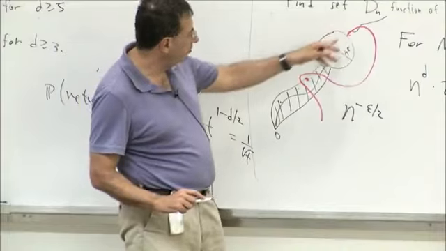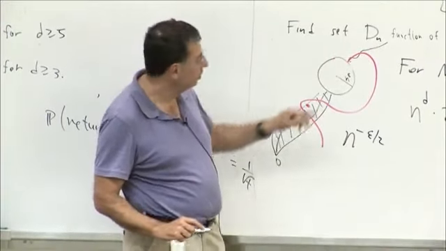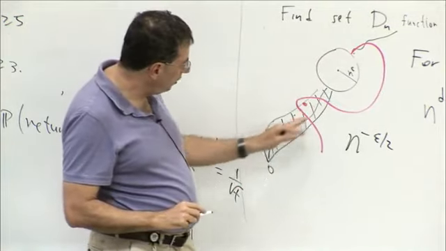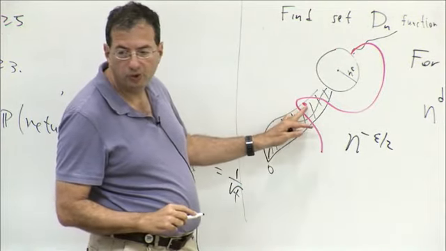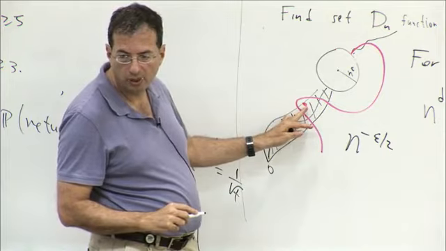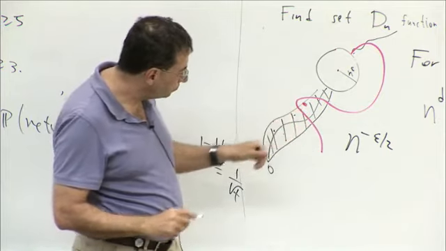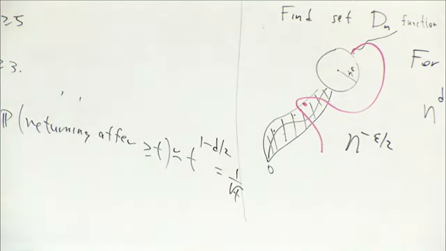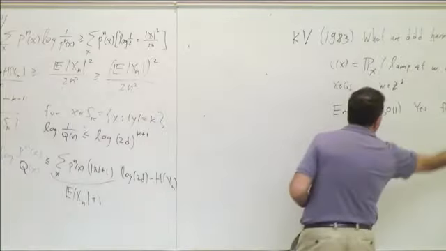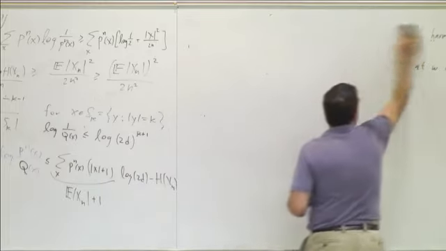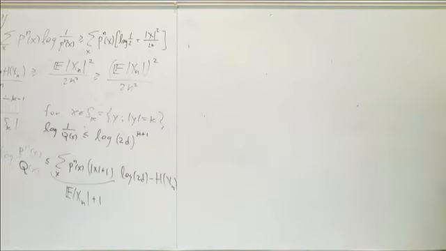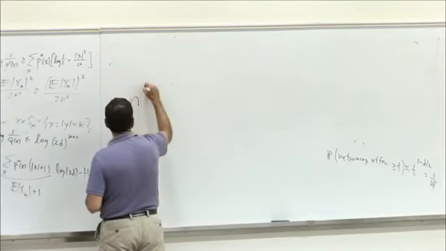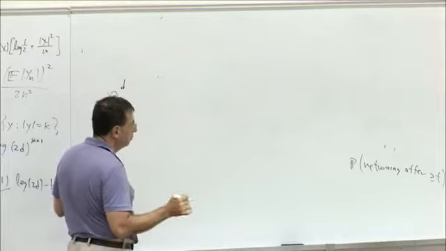Because we know we have a time separation of at least n to the epsilon between the past and the future here, of these points only n to the minus epsilon over 2 can be intersection points. Okay, but how do we use that? We're going to enumerate over where these intersection points are. Remember, we have a factor n to the d for where the walker is. That's not a problem.